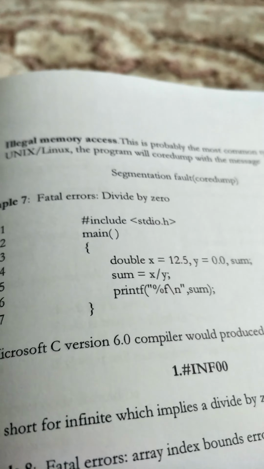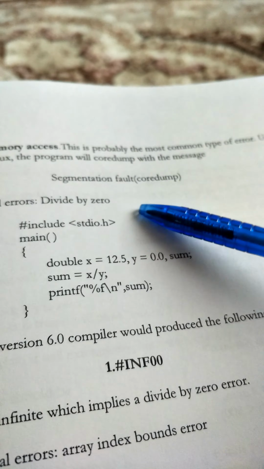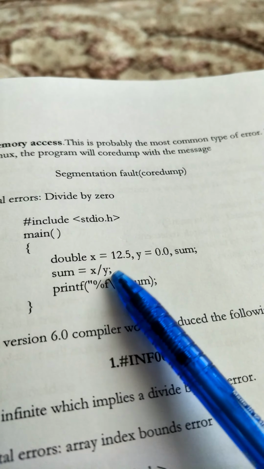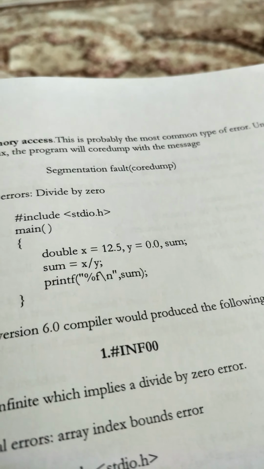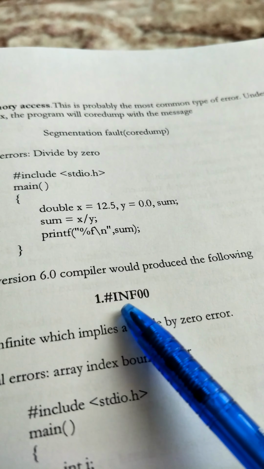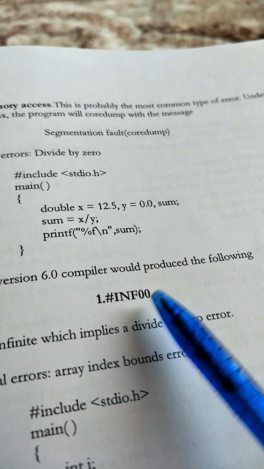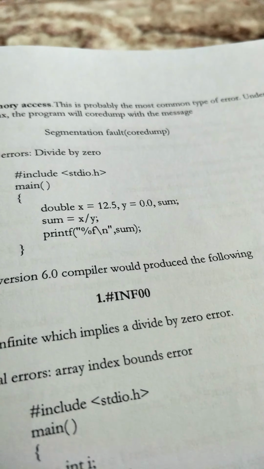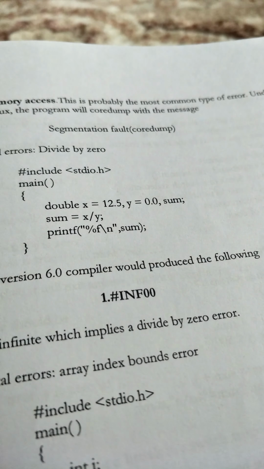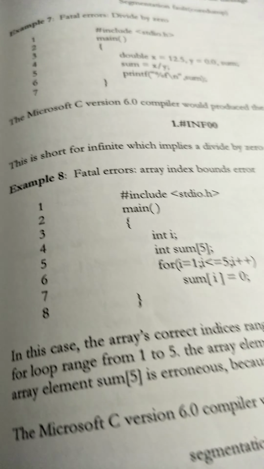So in this example, they divide by 0. If you look at here, this is very obvious. This is y, x divided by y, which is 0, that gives you an error. So the compiler will tell you something like this. When it comes up like this, we should understand that somewhere in the program it is dividing by 0. Okay, and another example here,